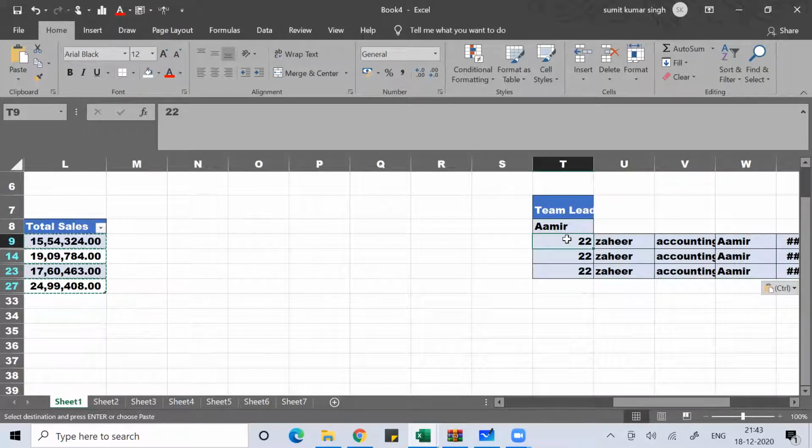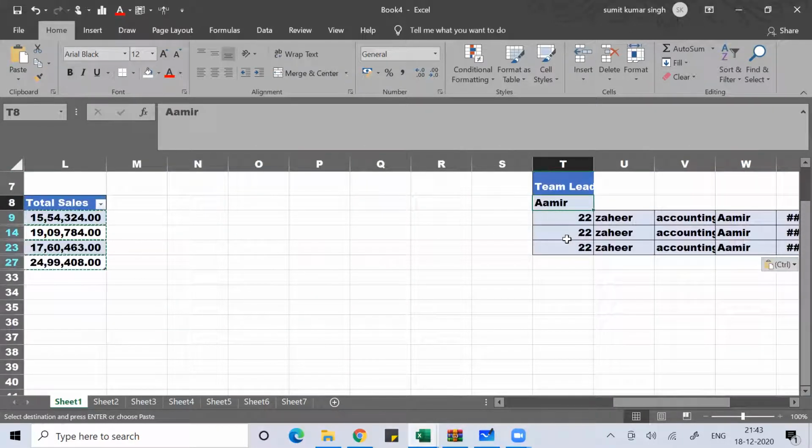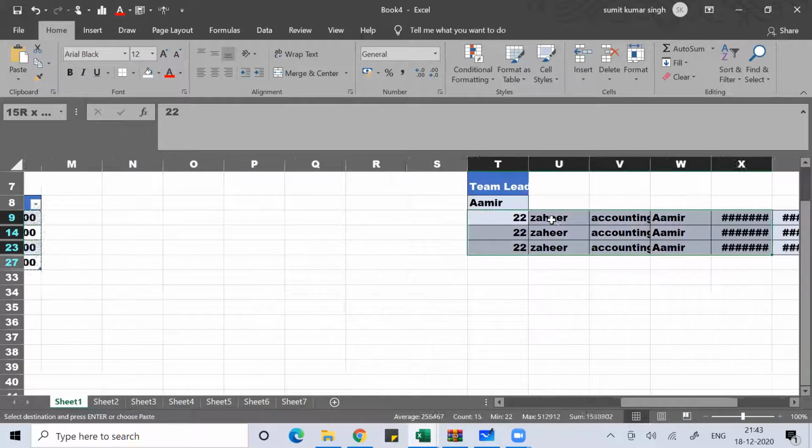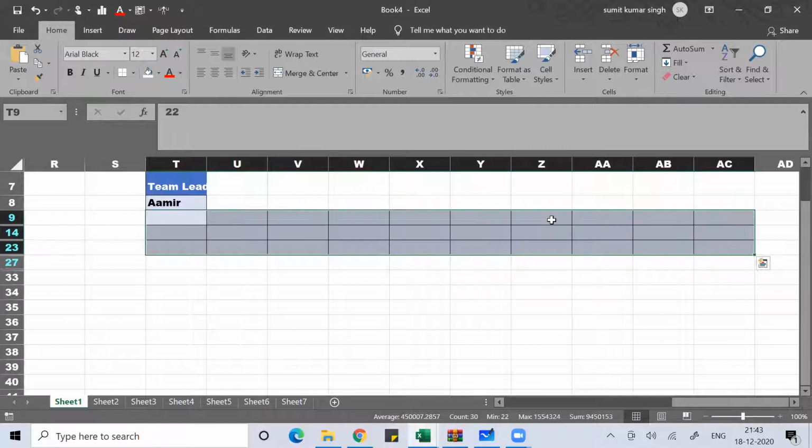I'm facing a problem pasting this data, because the data is in a table. Now I'm getting a problem because I want to paste this data, and again the data is coming like this. This is the problem I'm facing.